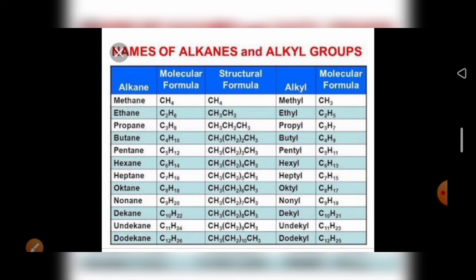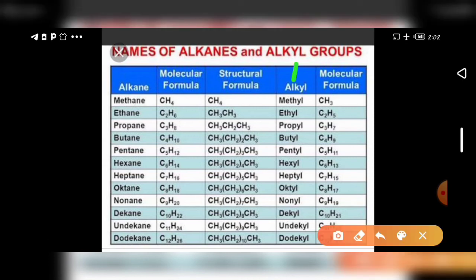Already you know alkane. The alkane general formula is CnH2n+2, so I have given the molecular formula here. What is an alkyl group? An alkyl group is nothing but an alkane with one hydrogen less, and that is known as an alkyl group. This alkyl group is denoted by the letter R in each and every compound. From that alkyl group we get the nomenclature, that is, the naming of organic compounds,